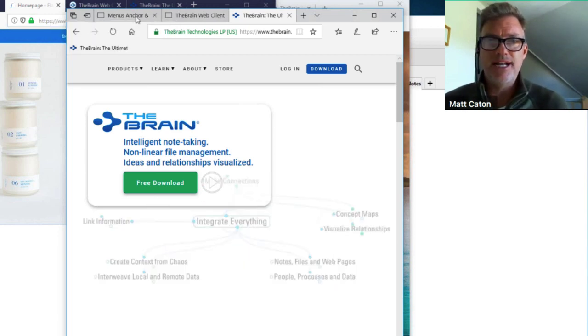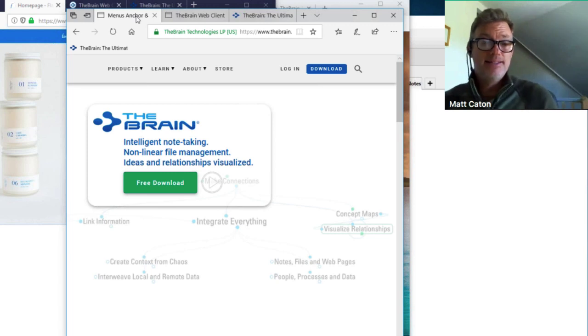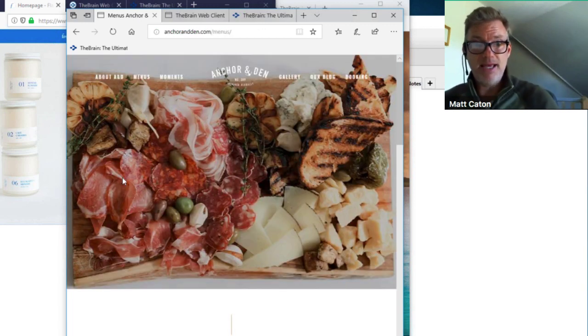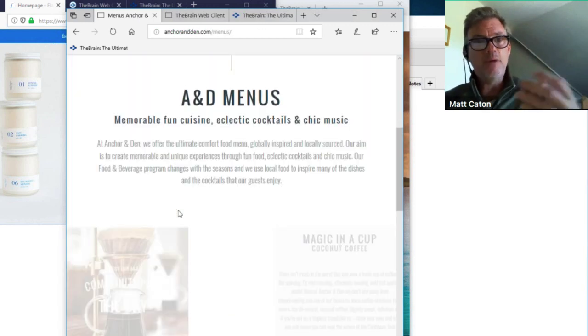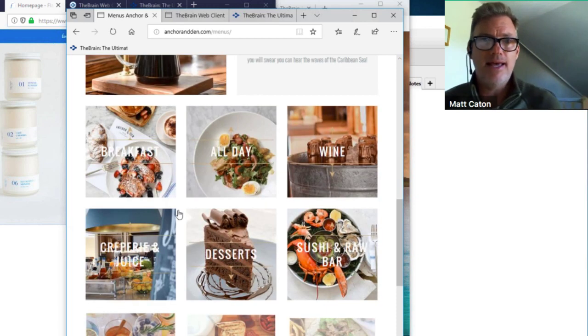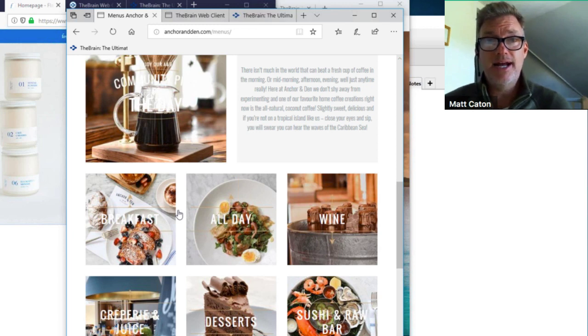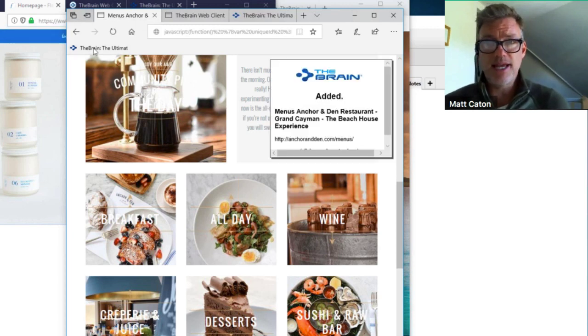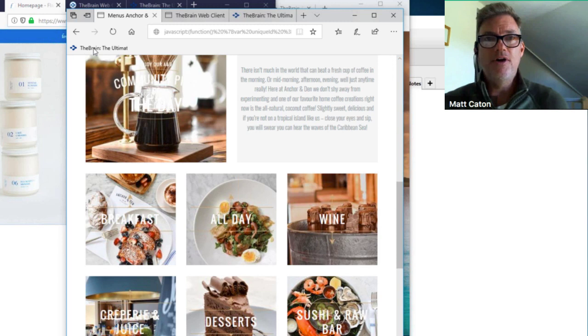So once again, I'm just going to navigate to a site that I like. It's not the food that I like, it's the really big, bold graphics and how they appear as I scroll. My client might like that as well. So with this page open, simply click on that item. And once again, the little box pops up and lets me know that that particular page has been added into my Brainbox. So I've added some files, I've added some web pages,